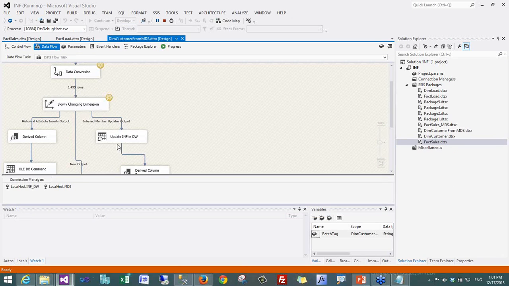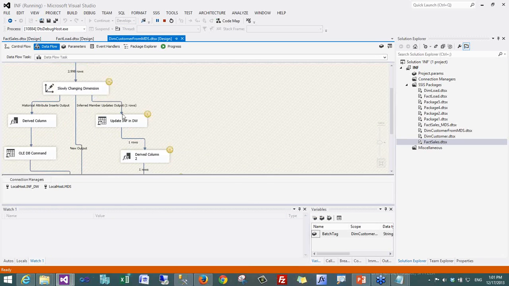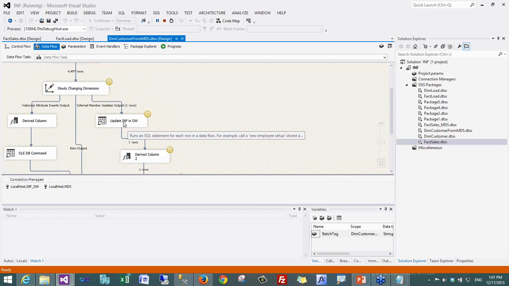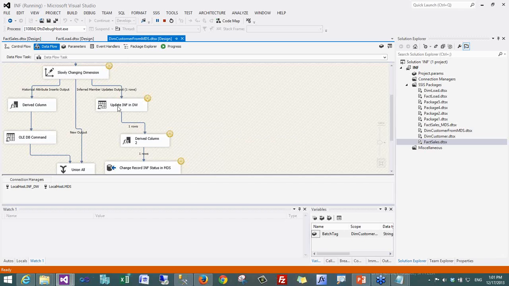And this will pick that change as an inferred member update record. So you can see that this is coming through an update record of inferred member. If this is an inferred member update record, what we do is just update that inferred member in the data warehouse